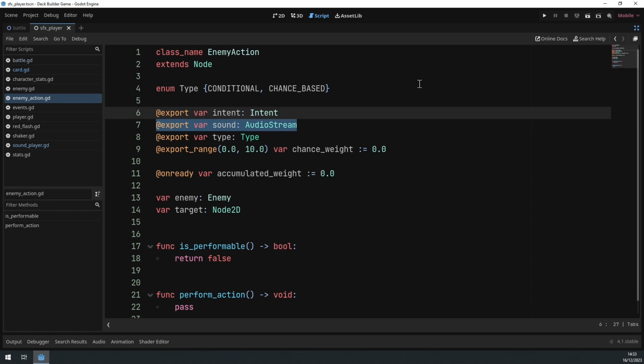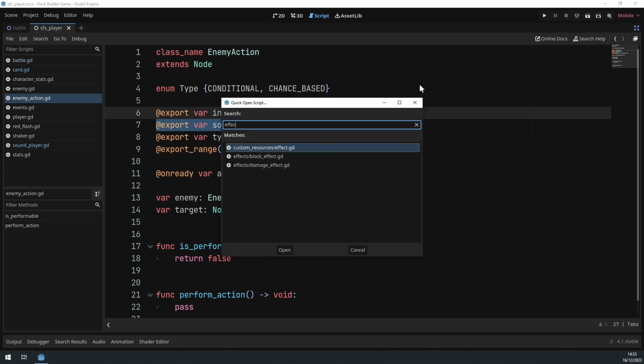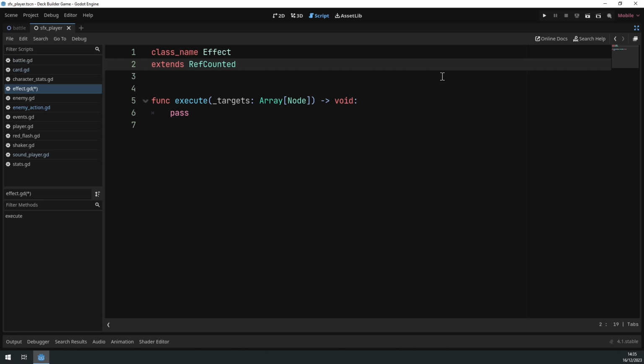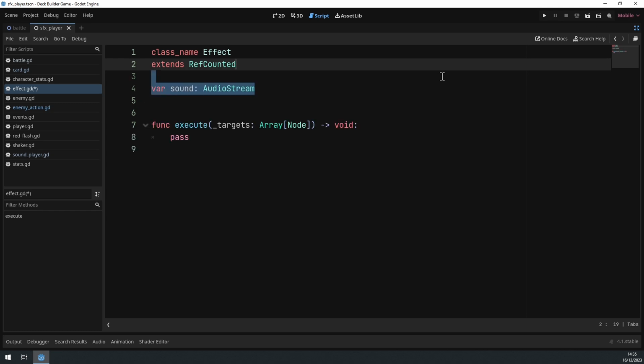And the last one we need to do is for effects. So press Ctrl-Alt-O again and search for effect.gd. And here, if you remember, effects are not resources, but these ref counted objects we can create from code. So it doesn't really make sense to have export variables here, but what we can have is a member variable for the sound that effect has. And by default in this base class, we can leave this empty, but we can set it for the specific effects like a block effect or a damage effect or so on. We can save this with Ctrl-S,